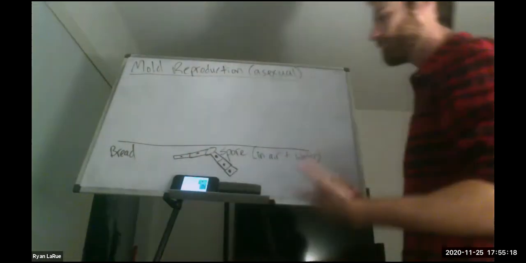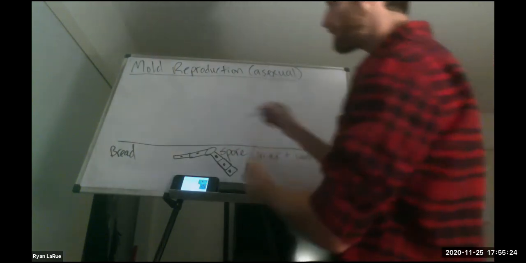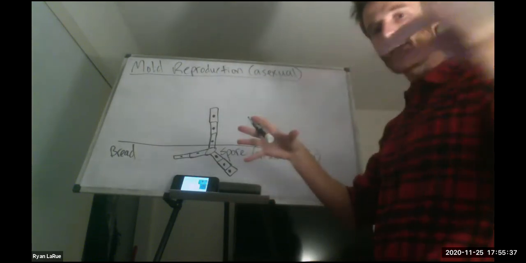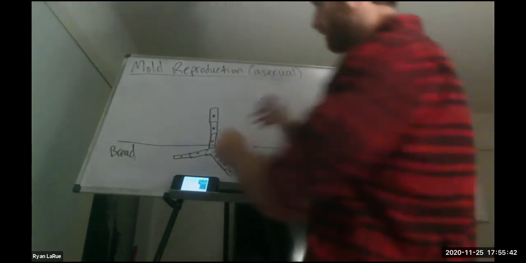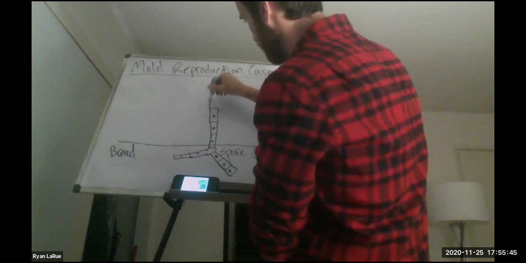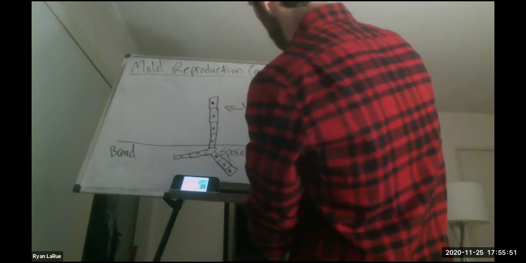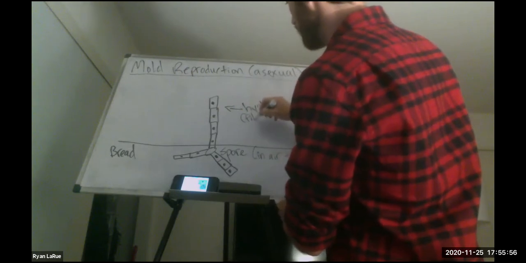So this spore is going to germinate into these hyphae cells. And I'm actually going to draw it branching up. This is the reason why molds have that fuzzy, cottony appearance, because these hyphae are branching out everywhere, just like a cotton ball. They're coming out everywhere, forming all these branches. So I'm going to label this as hyphae. These branches are called hyphae. They're composed of these filamentous cells.